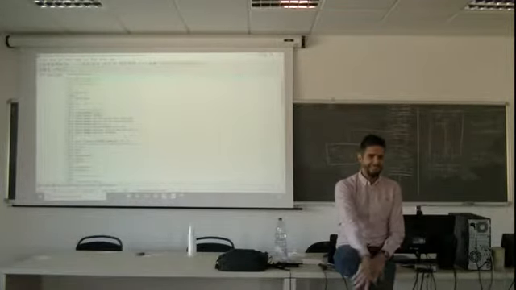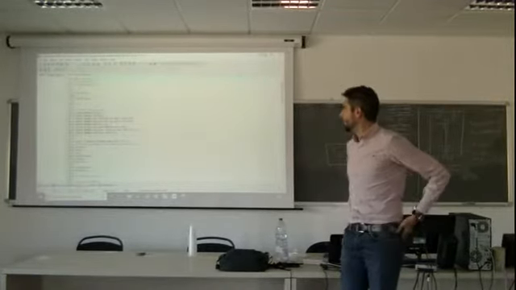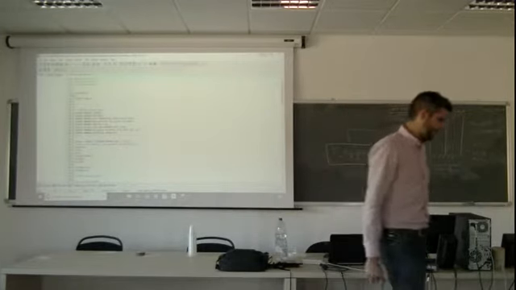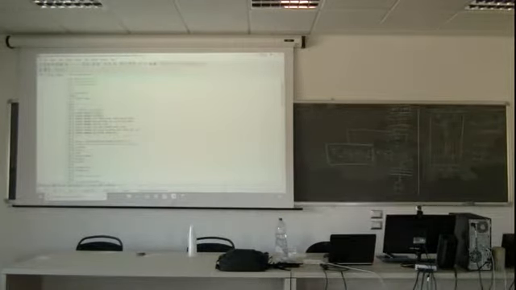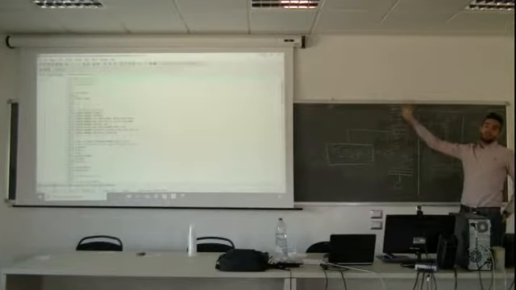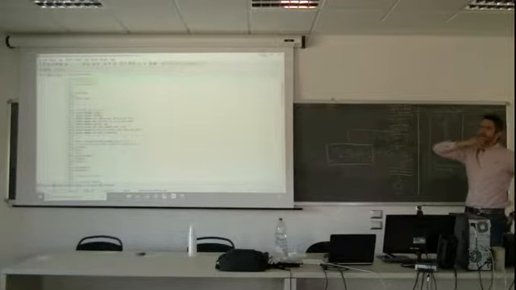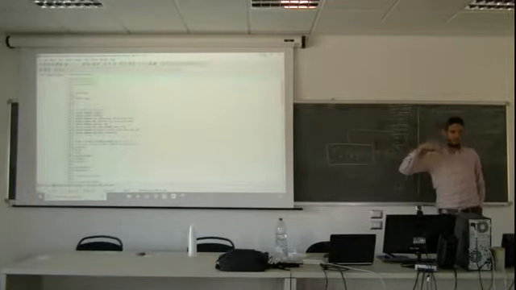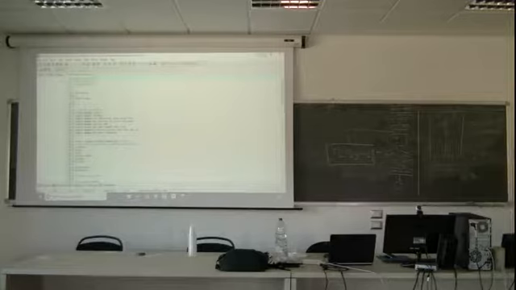Exactly. Okay, so we will start from what we left yesterday. If you remember, this was the summary of how we solve all the equations. Yesterday we were talking at the beginning about why we need simulation, then we started drawing things on the blackboard about equations and so on, just to express all the physics in a way that the computer can understand, right?